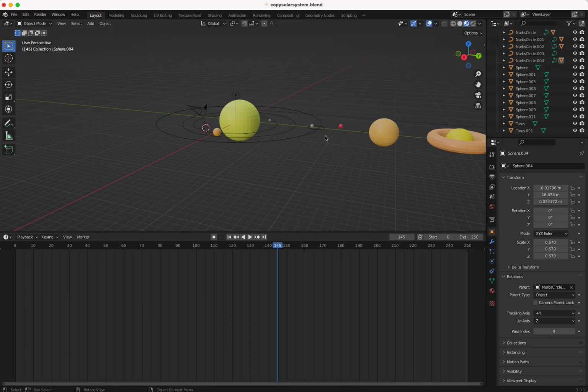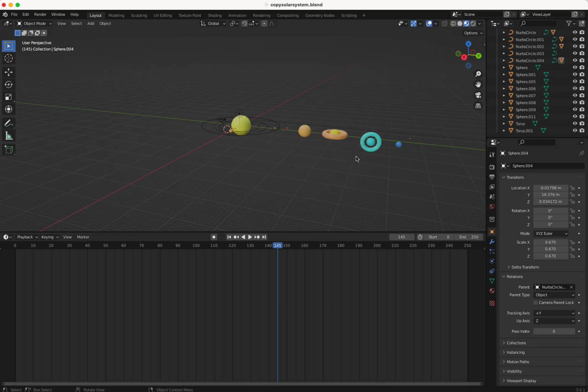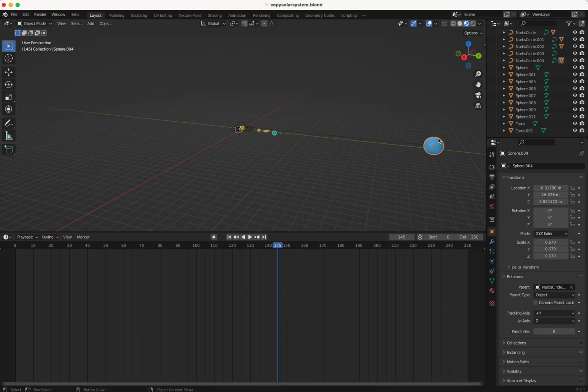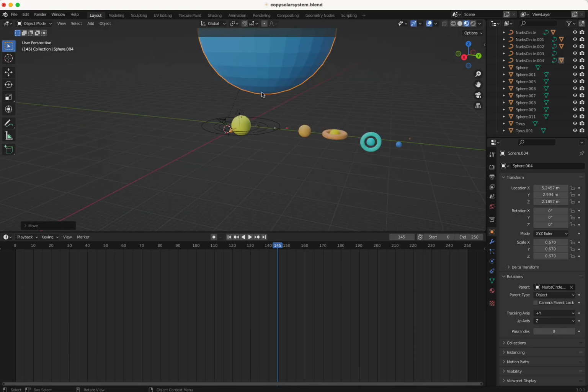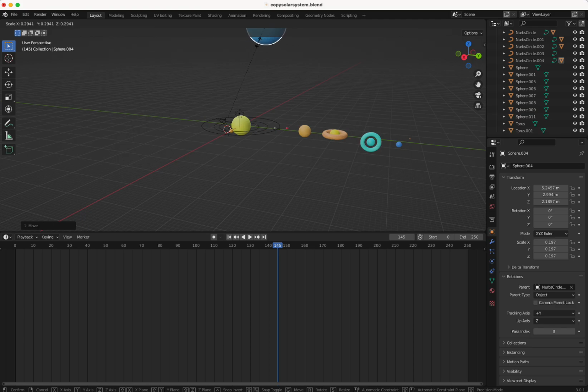And the Earth is going so far away. Oh no! I don't know where it is, Earth. Where are you? Oh, going here? It's so big. I don't know why it became so huge. It's bigger than the sun. I think it's the impact of it. It's bigger than the sun.